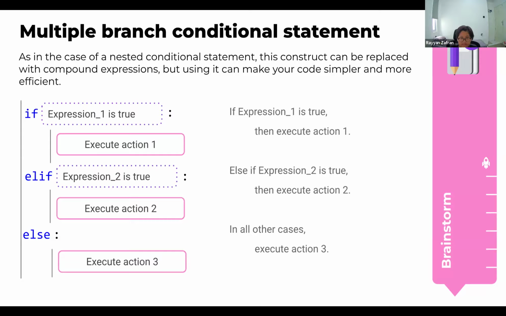Yeah. So this is for a conditional statement that has multiple branches. You have to use elif in the middle because the if is for the first one and the else is for the last one. If there are just two choices, not multiple, just use if else as usual. But if it's more than two, start using elif. You got it? I got it.